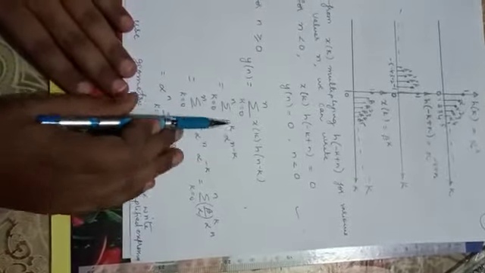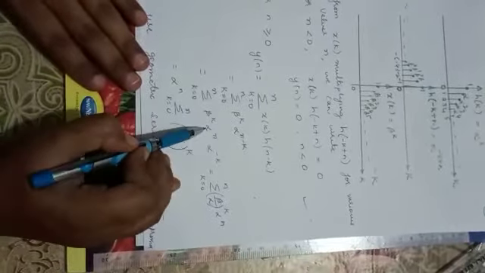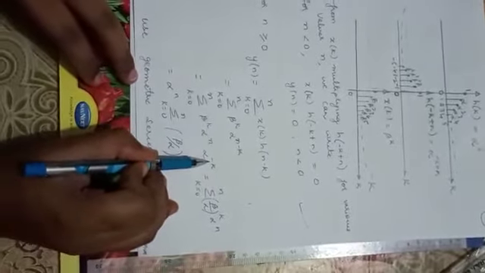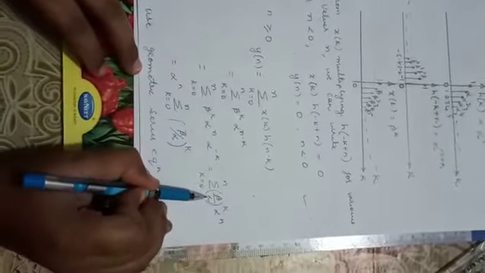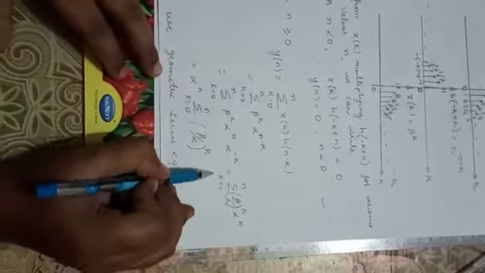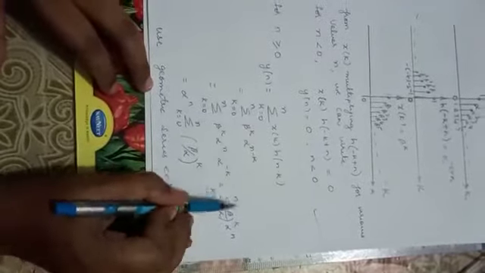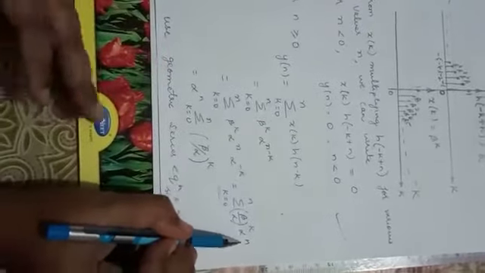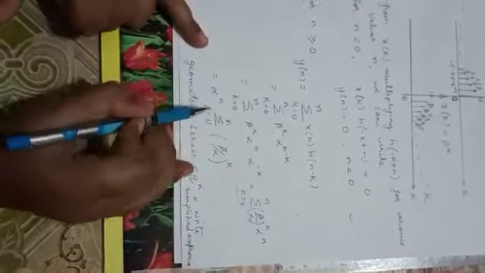So beta k as it is. This I have split as alpha to the power of n and alpha to the power of minus k. Since these two are functions of k, I have written beta by alpha to the power of k, and alpha to the power of n. If you observe, this summation is a function of k, from k equals 0 to n. So here alpha to the power of n is considered a constant, so I have written it outside: summation k equals 0 to n of beta by alpha to the power of k.